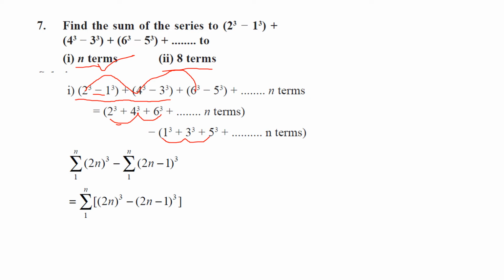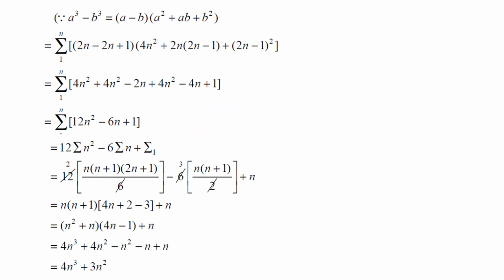So first you write it as sigma n equal to 1 to n (2n) whole cube minus sigma 1 to n (2n minus 1) whole cube. After, you take sigma outside and bracket of (2n) whole cube minus (2n minus 1) whole cube. Use this formula, a cube minus b cube equals (a minus b) into (a squared plus ab plus b squared). So our term is sigma 1 to n